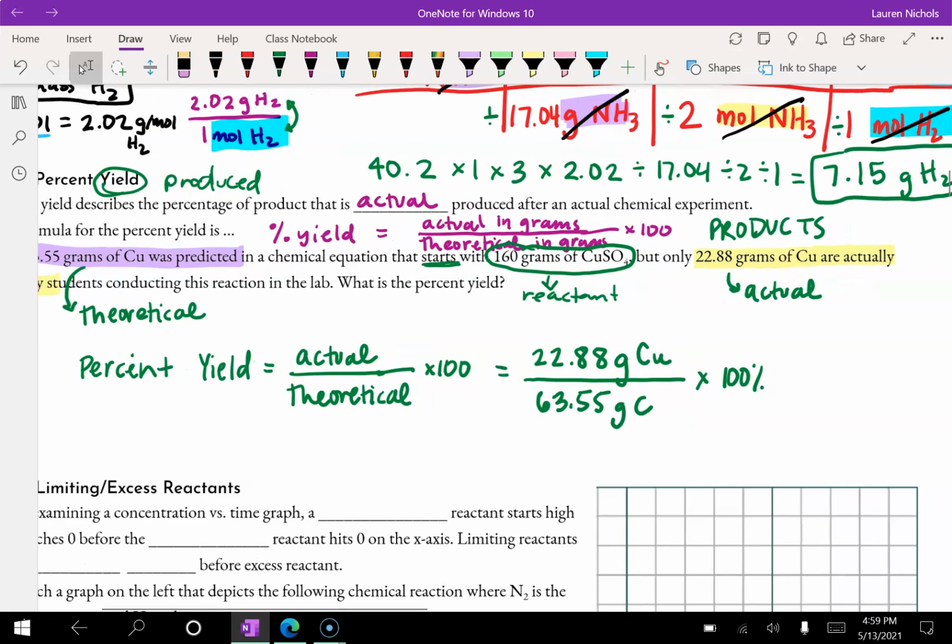And when you see this, look, grams of copper cancel, well, if I put a U there for copper instead of carbon, they cancel out. So if you had copper sulfate in the bottom or the top, then that wouldn't have canceled out and that would have been incorrect. And so we can put this in our calculator. Now remember, the number that is on the top of your fraction goes in your calculator first. So 22.88 divided by 63.55 times 100 gives you